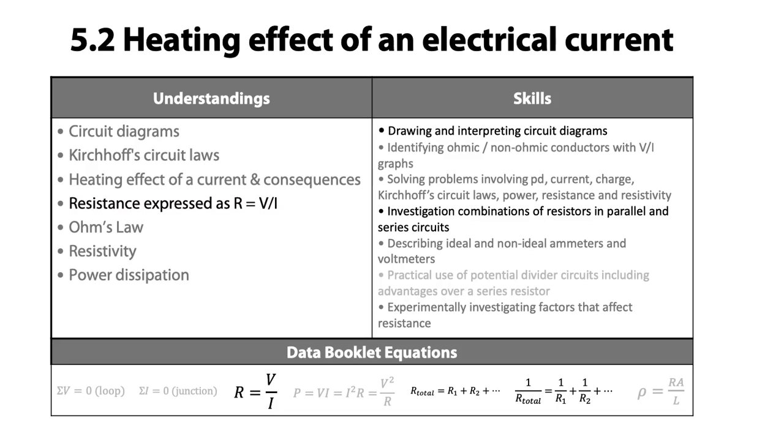Here are the data booklet sections that we've used. So R equals V over I, and R total equals R1 plus R2 plus whatever for series, and 1 over R total equals 1 over R1 plus 1 over R2 plus 1 over R3, etc., for parallel. Be aware that you might well have more than one series resistor at a time, because that's really easy, but I don't think I've ever seen in an IB question more than two